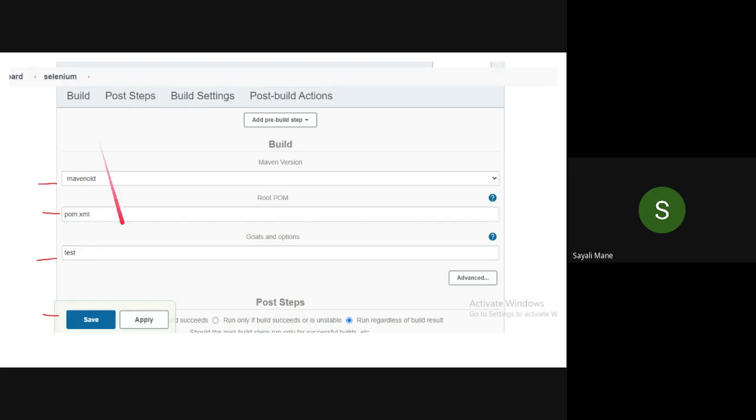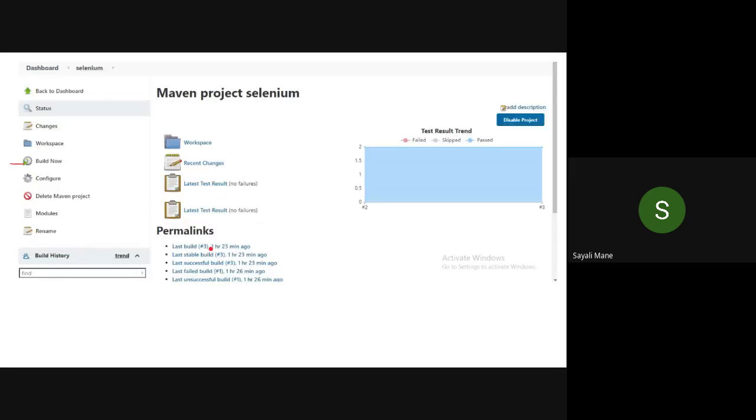Take a screenshot and then click on save button. And after that, click on build now, meaning run the respective project.